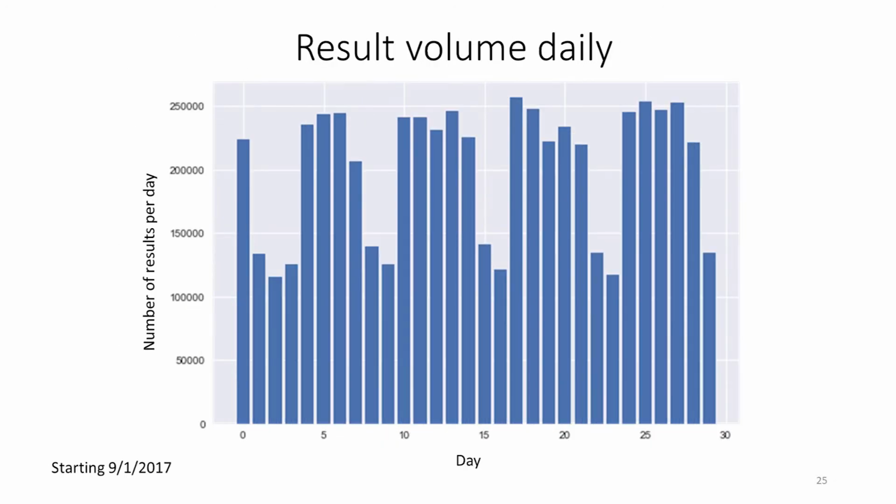And then we can take the same data set and look at the volume daily, right? So we can look at the volume of results on a daily basis. And I pulled this from September 1st, which was a Friday. This is the Labor Day weekend, right? So you can see that after that we have a dip, and then it goes back up to the daily level. Same data set. Before we could look at how the volume in the hospital is increasing, but if we look at it on a daily basis, we can see how our volume changes day to day.